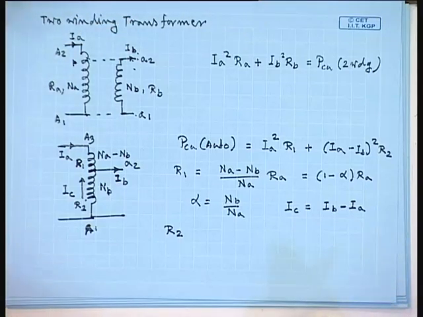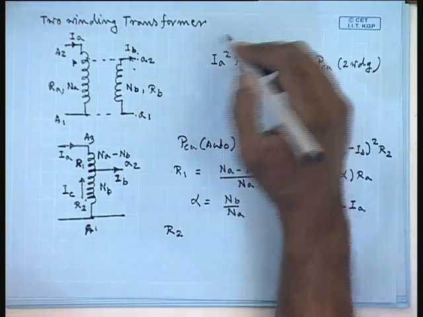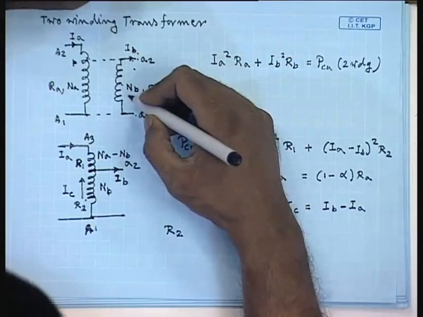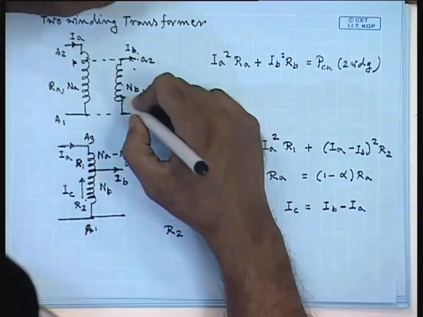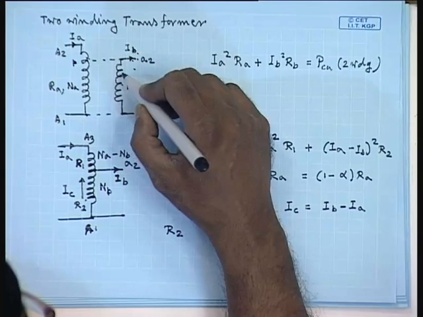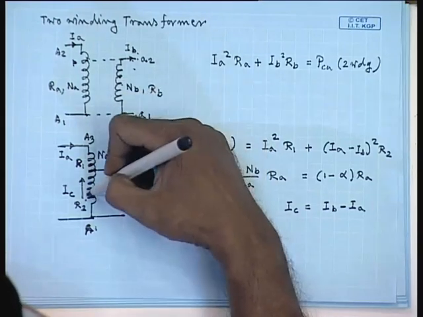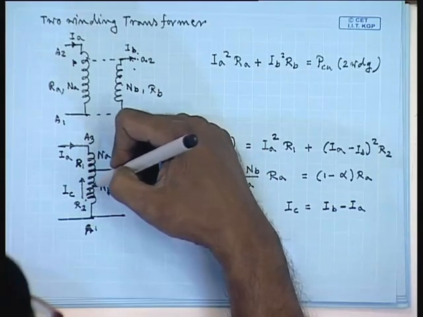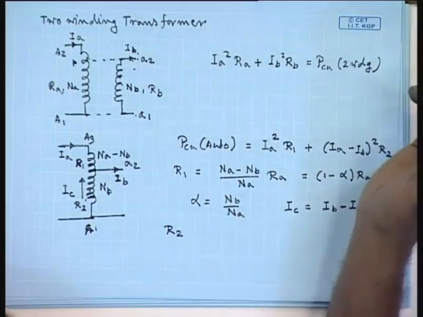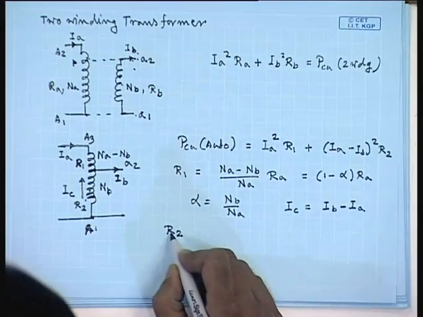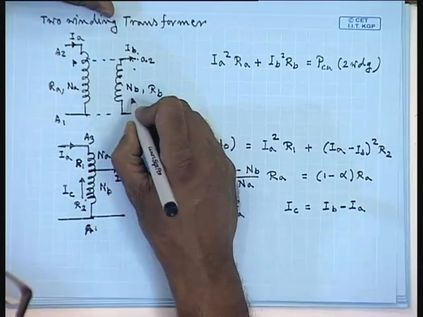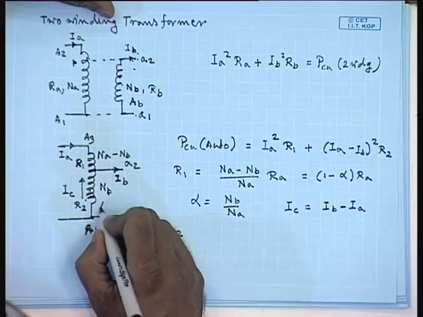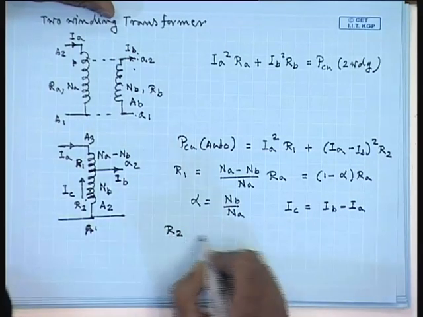Now, again if we assume the current densities of this winding and this part of the winding to be the same, then the cross sectional area of the conductors of the LV winding of the 2 winding transformer and the lower part of the auto transformer should be inversely proportional to the current carrying capacity. Hence, if we say that the conductor cross section here is AB and the conductor cross section here is A2, then